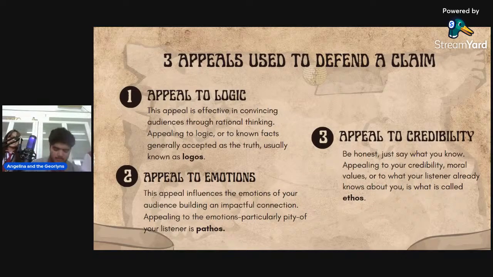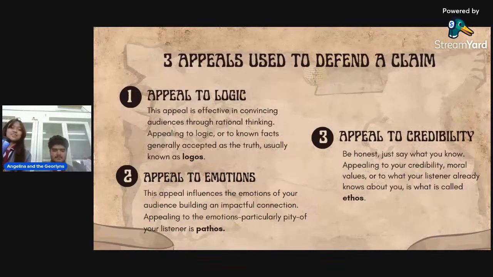Okay. Let's try to use these three appeals in an example. My seatmate, Casey Dalmasio, has said that someone has stolen her pen. And naturally, you would blame someone who is close to you or sitting next to you. So of course, I would be a suspect as well, and Bianca would also be a suspect. But I didn't steal anything from her, nor did Bianca. So, how would I use persuasion to persuade Casey that I did not steal her pen?